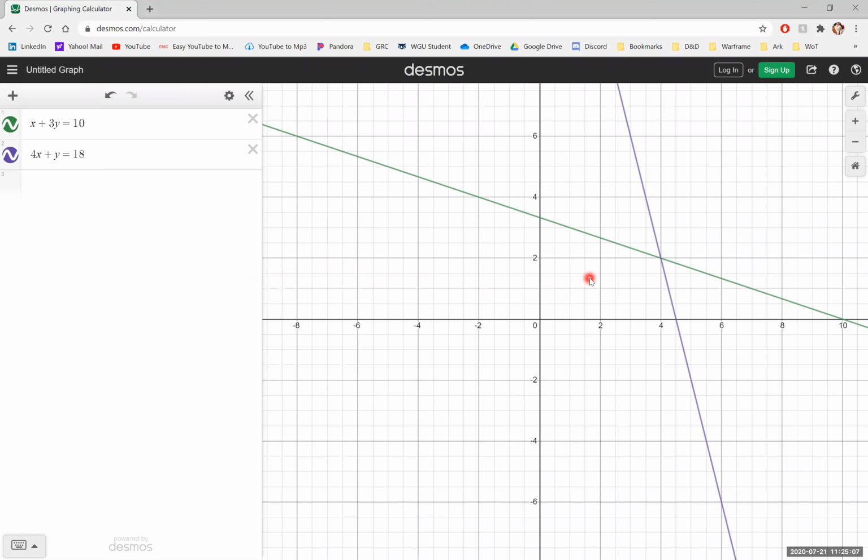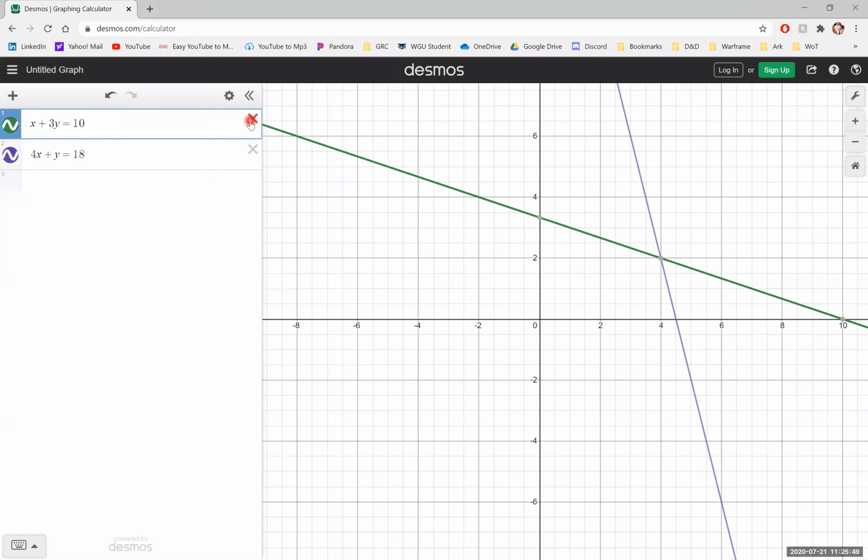And here's the really nice part about Desmos. If we were just to inspect this and say, all right, where's our solution going to be? Looks like it's at 4, 2. We click on one of the lines here, we can see here's the point of intersection, and it truly is at the point 4, 2, which is really handy. So again, where's the solution? It's where these two lines intersect each other, and it's right at this point. So this is visually what it looks like when we have a solution to a system of equations. It's where these two lines intersect or cross each other.